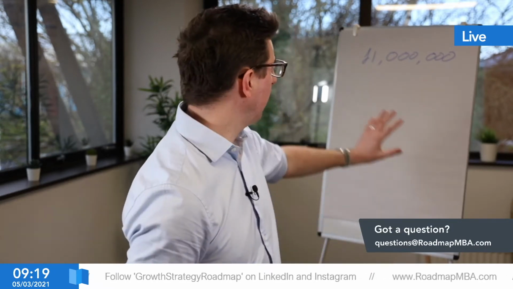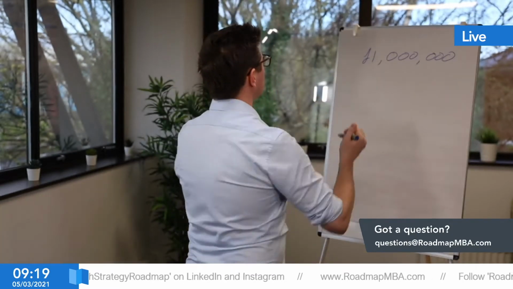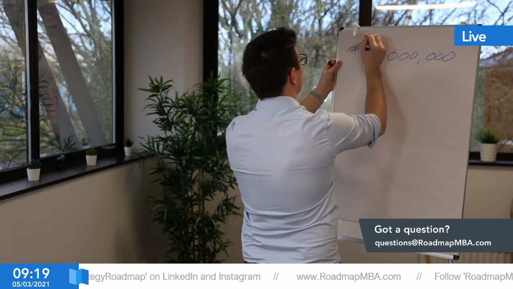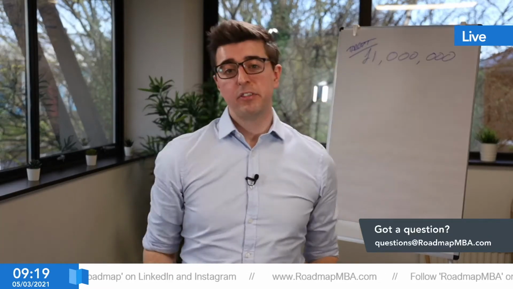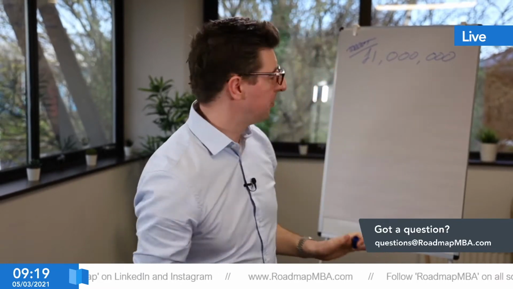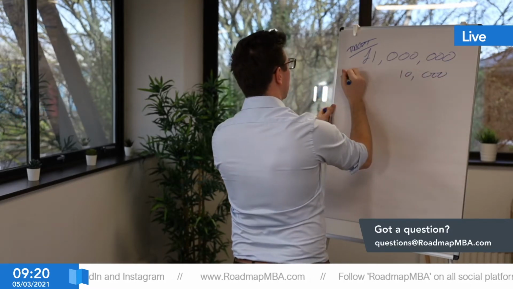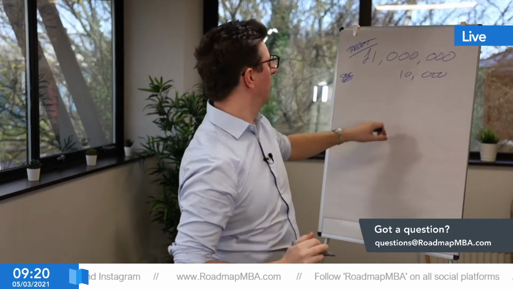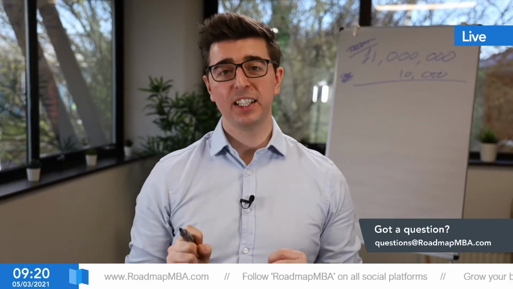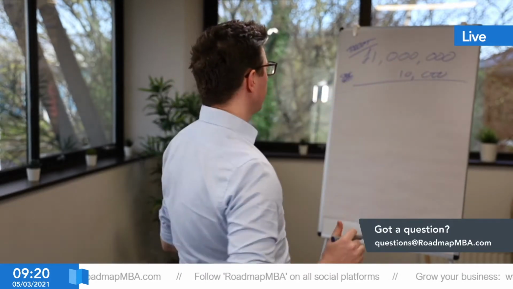So I'm going to break this down. In this example, I'm going to keep the figures super simple because I'm doing it off the top of my head. I'm going to say that your sales target is £1 million, but your average sale is 10,000. We'll keep it super simple. So therefore, unless I've got my maths horribly wrong, we need to sell 100 units a year to hit the £1 million. Does that make sense? So basically we've got the 1 million divided by 10,000.